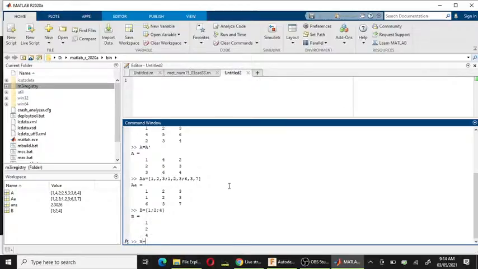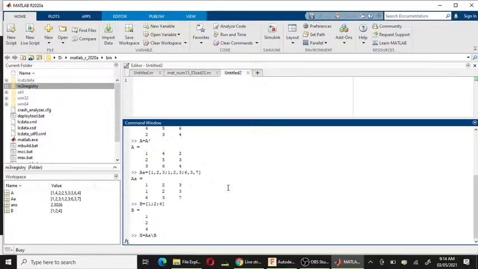This is x is equal to A backslash B. The backslash operator is used to solve linear equations. The backslash operator is present above the enter key.